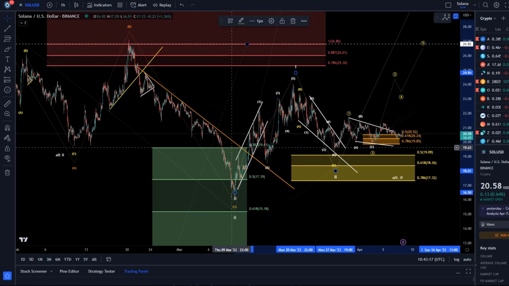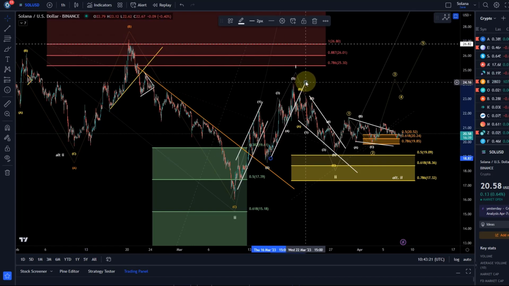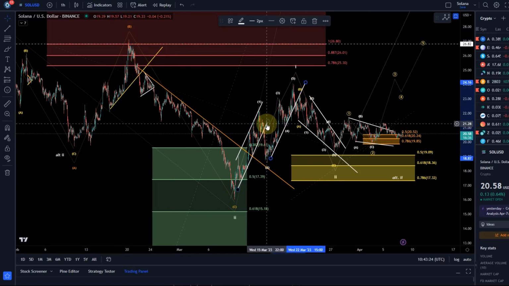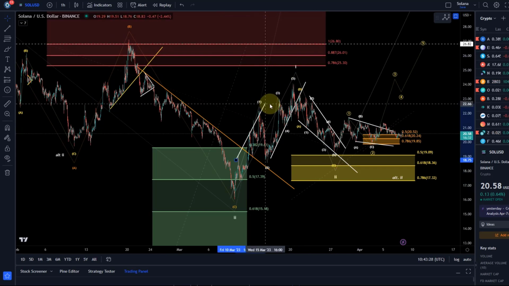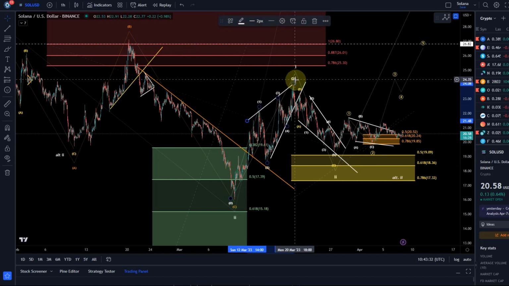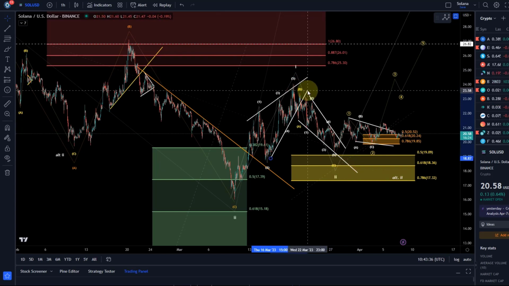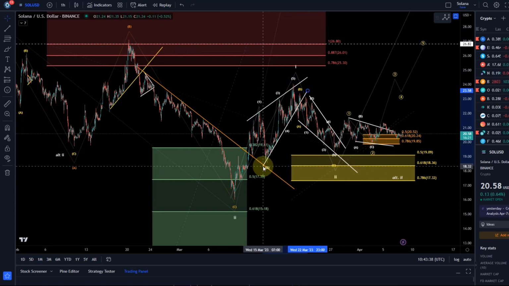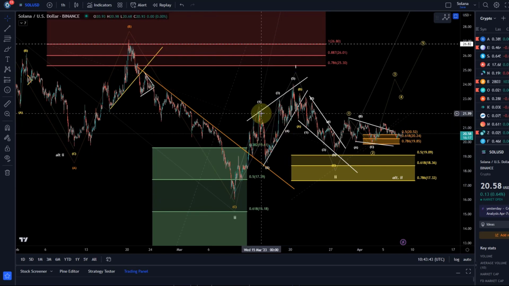It would invalidate an impulse, but leading diagonals are very common in a wave 1, and a leading diagonal usually involves, it doesn't have to, but it usually involves an overlap between waves 1 and 4, and this is a nice leading diagonal. Diagonals are always less reliable, but if the wave 2 makes a higher low, we can assume it is one. And it's actually quite a nice leading diagonal where the wave 4 does overlap wave 1.